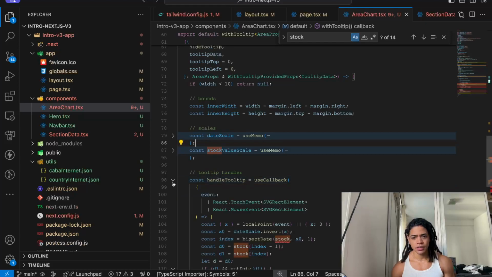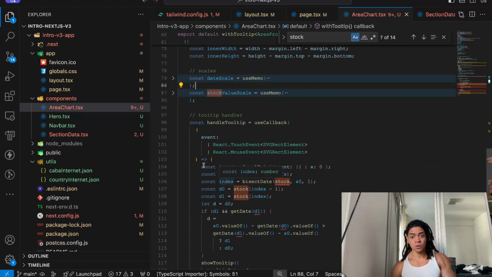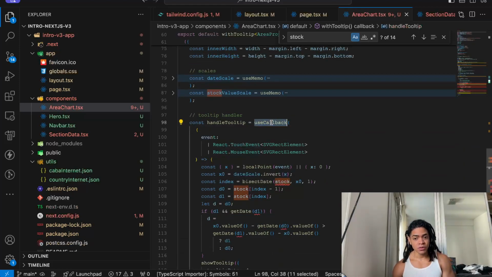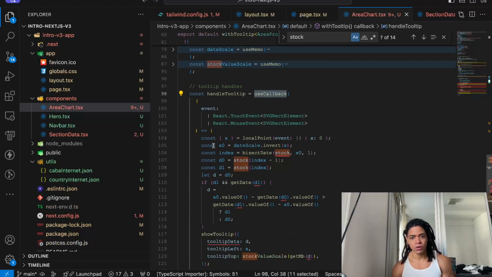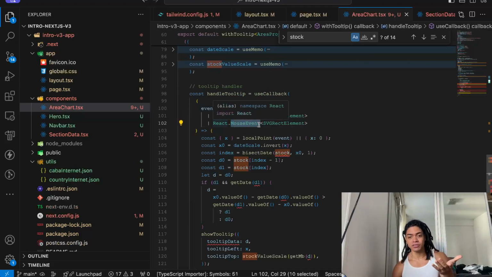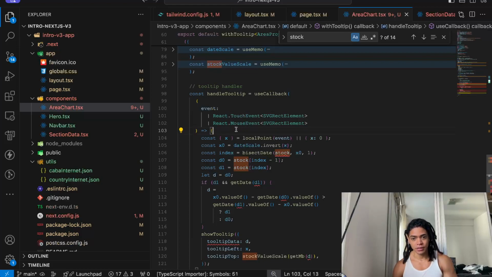And then the tooltip handler, which is, hey, now we're using useCallback as a way to avoid re-rendering this component over and over and over. So here we're going to detect if our event can be a touch event from mobile or from a desktop or laptop, okay?